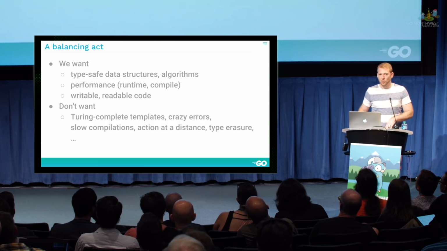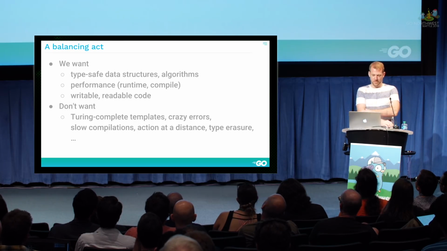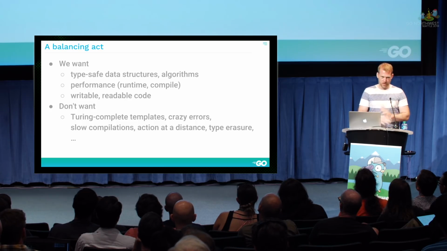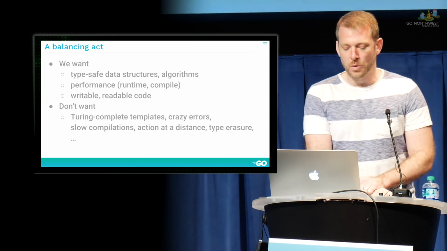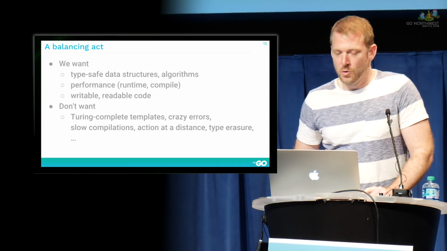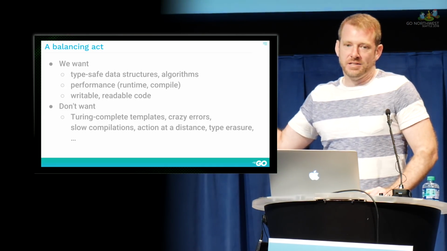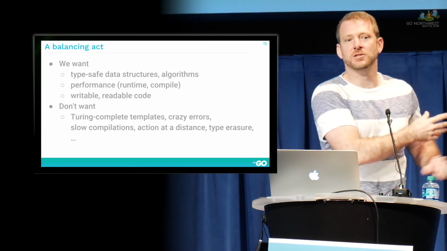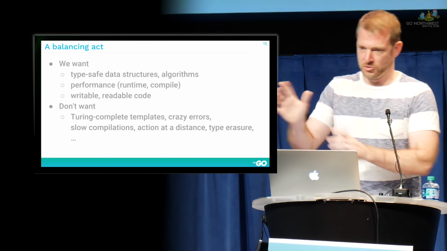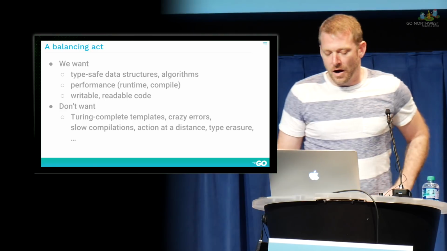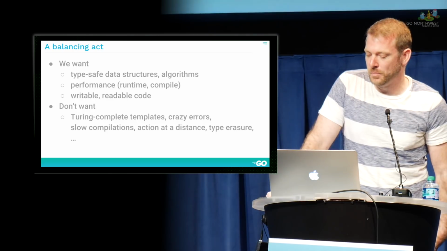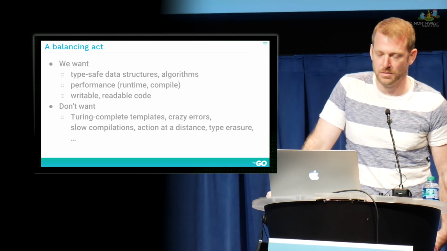The problem is we want in the standard library to have type-safe data structures and algorithms and stuff, and we want good performance both at runtime and compile time without lots of boxing and stuff like that. And we don't want to have these crazy error messages like C++. We don't want Turing-complete templates. We don't want crazy action at a distance where you tweak this one part of your file and then 10 packages away you get some inscrutable error messages that you don't understand because it's wrapped in all this basic string, std string, comparator, blah, blah, blah. So we want just enough of generics to be useful for some things, but to not be super, super powerful.